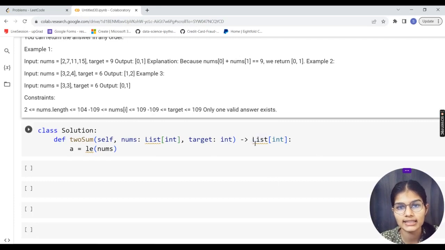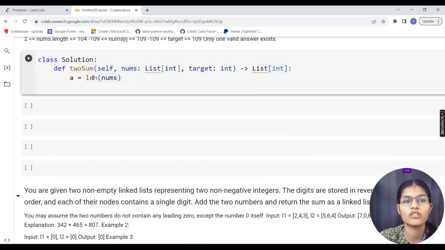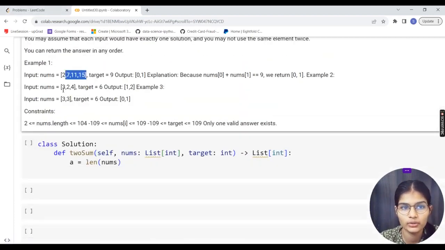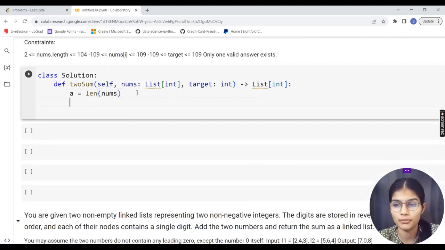Now why I had taken this list as an integer: because the result which we are getting, this 0 comma 1, I am getting in the form of a list. So that needs to be given over here, because the form of this respective thing is a list. So I am just trying to find the length of my nums. See here in the solution, at one place we have 4 values, at one place 3 values, and at another place 2 values. So I need to first count the length, so that I can apply the loop up to that particular place only.